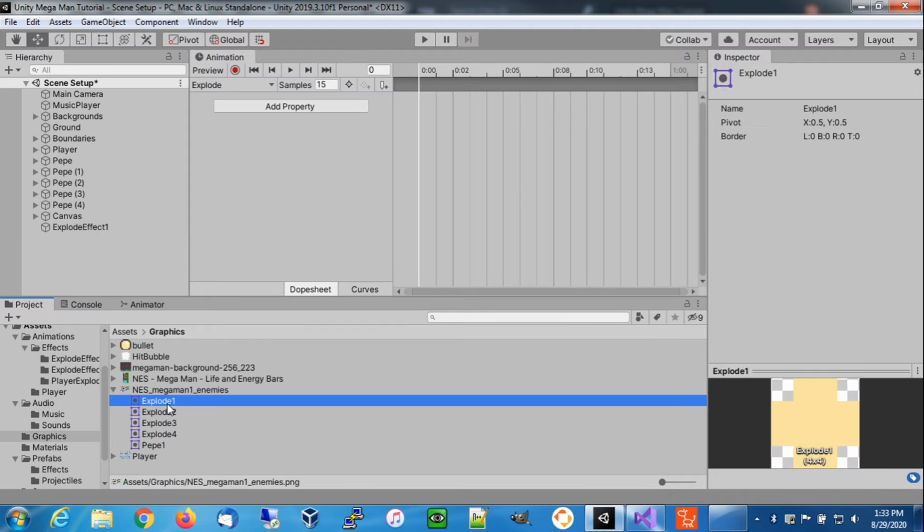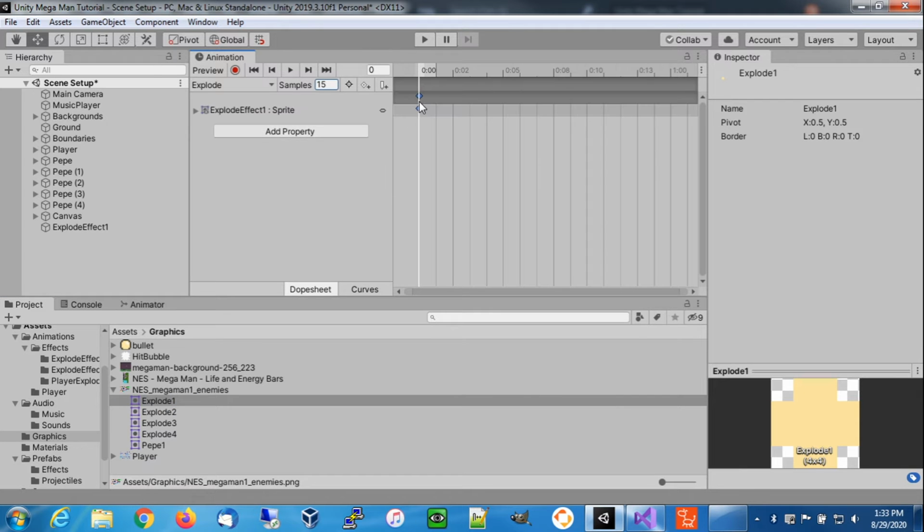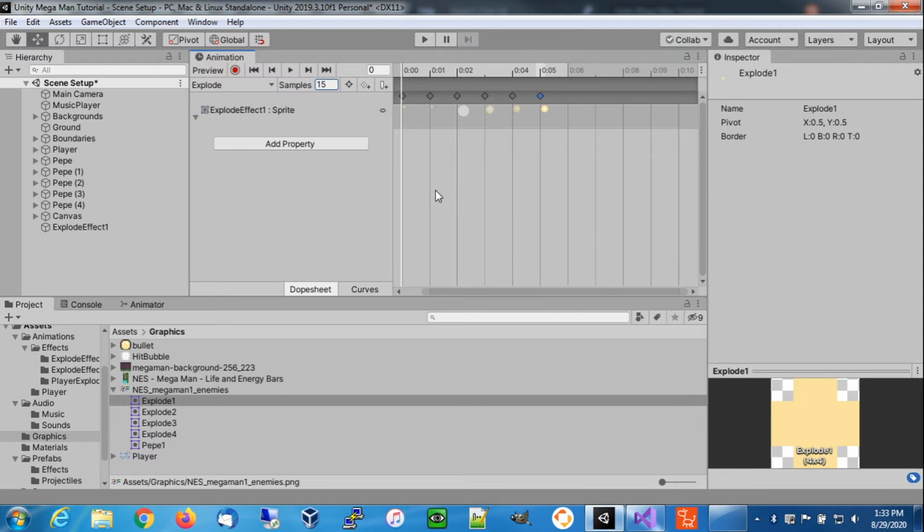We're going to expand this out, and we have explode 1, 2, 3, and 4. So we're going to drop, let's spin this out, drop the first one twice, number 2, number 3, number 4, and number 4. So these are going to be the explosion. Can't really see it all that well, but